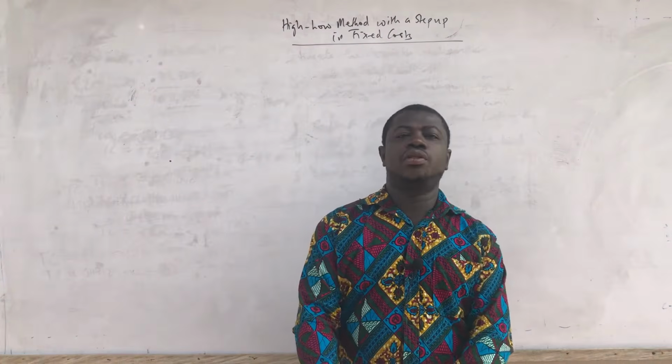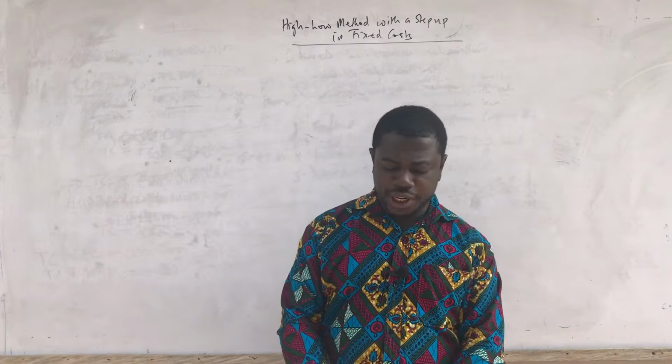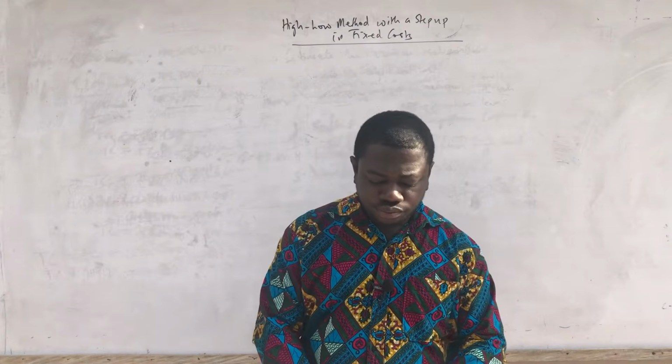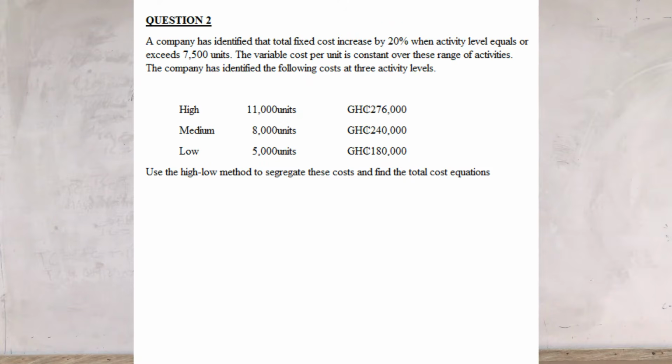All right, so let us look at another question involving the step up in fixed cost. A company has identified that total fixed cost increased by 20% when activity level equals or exceeds 7,500 units. The variable cost per unit is constant over this range of activity. The company has identified the following costs at 3 activity levels. So we have high,